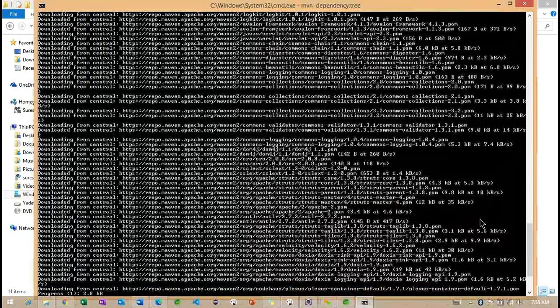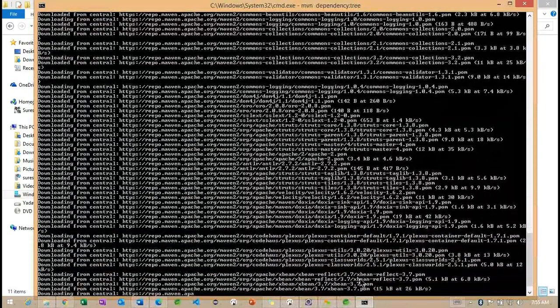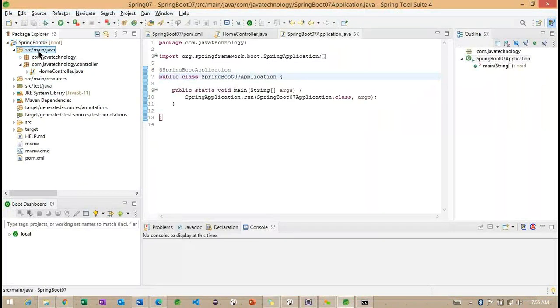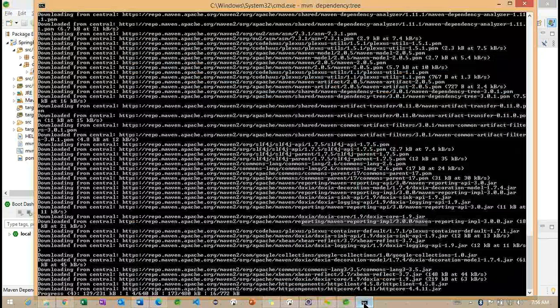Initially, we'll check how the structure is created here. As we have seen using STS, the main classes and main business logic we are going to write inside src/main/java. This is one source folder and this is also one more source folder, but here we are making some difference. Here we are going to add resource information. And this is test related; if you want to add any test cases, we can write inside this test folder. These are the system libraries and this is the Maven libraries. So this is the way the project provides the directory here.